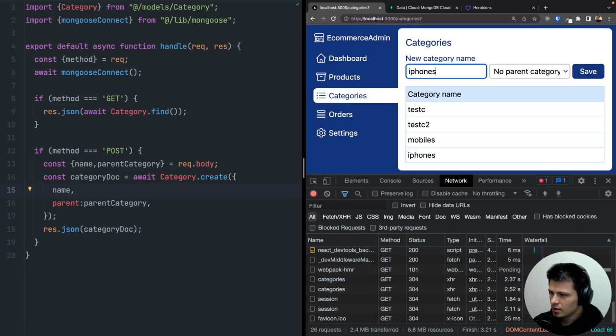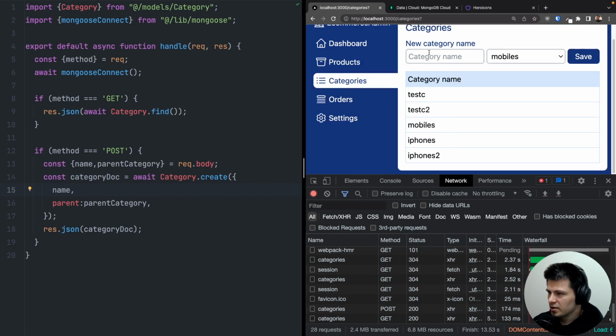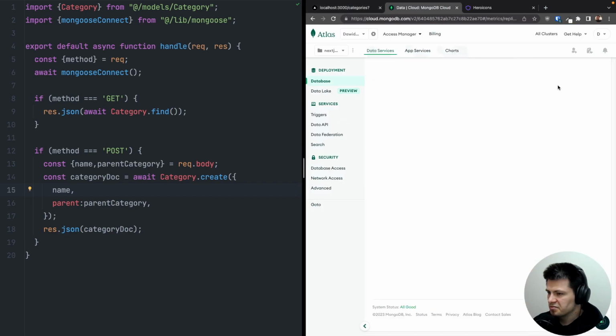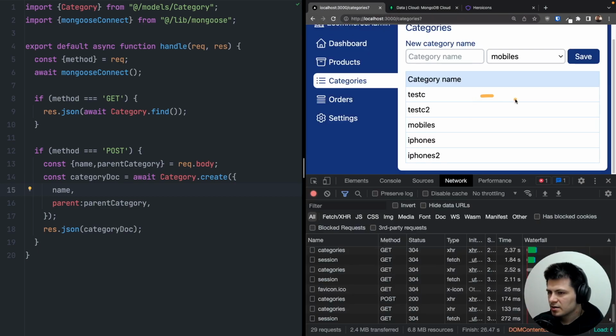Here I will put iPhones 2, and the parent category will be mobiles. Let's hit save, and we have iPhones 2. Now I'll refresh, and here we have iPhones 2 and we have a parent category. Right, so now let's print our parent category here